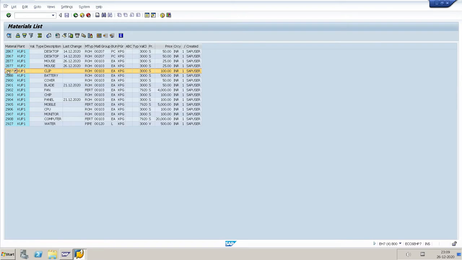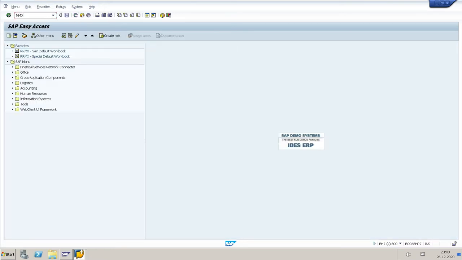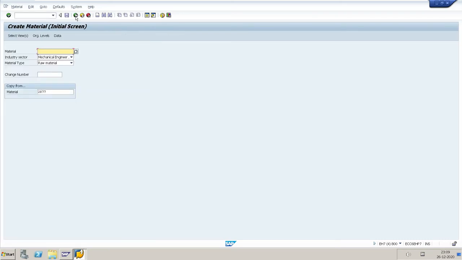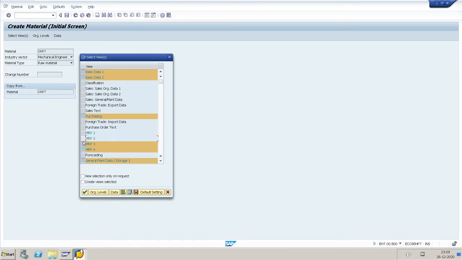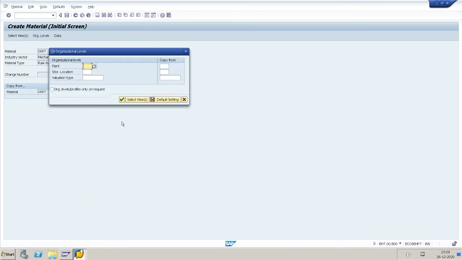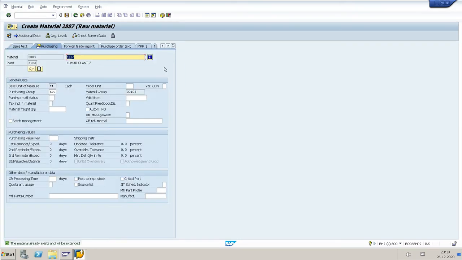So I will extend the material to plant 2 using T code MM01. Give the material here, then click copy from material, same material, and select the required views. Here give plant 2, KUP2, storage location 001, copy from KUP1 storage location 001.